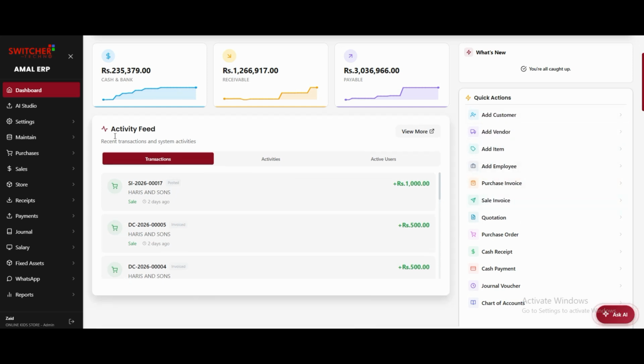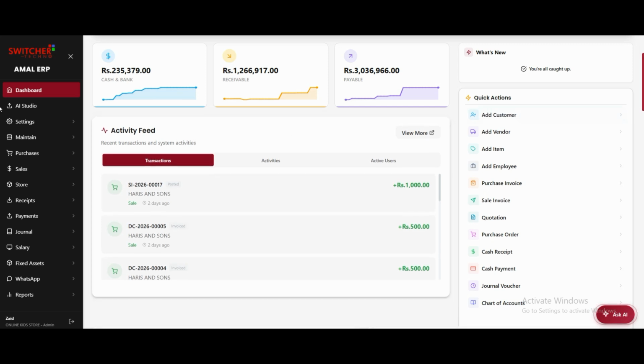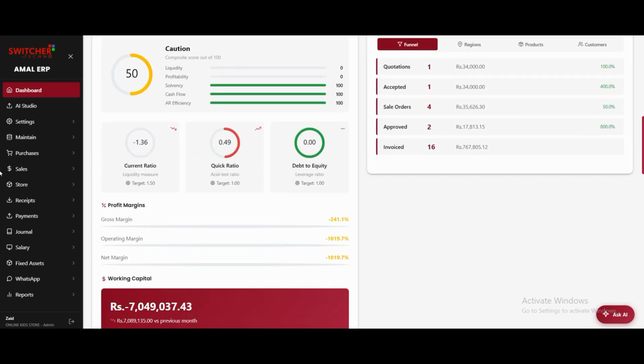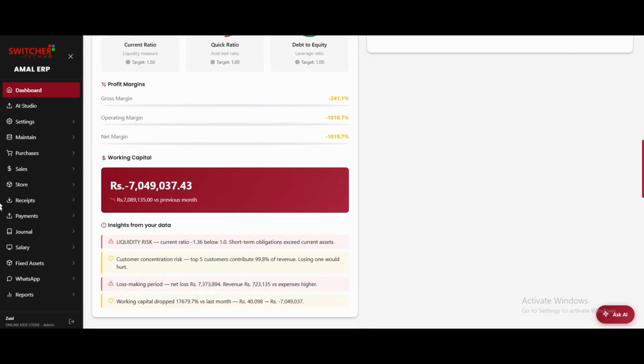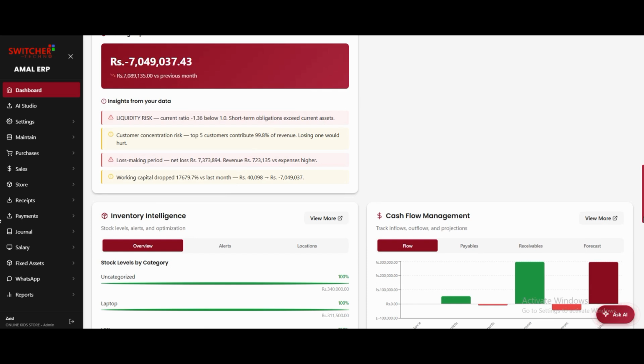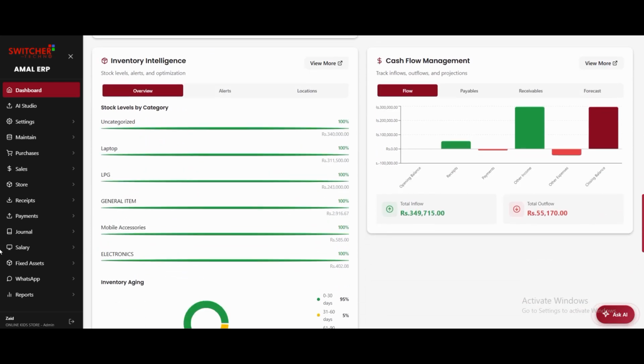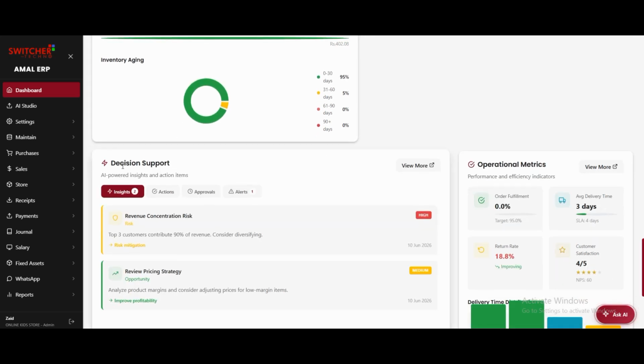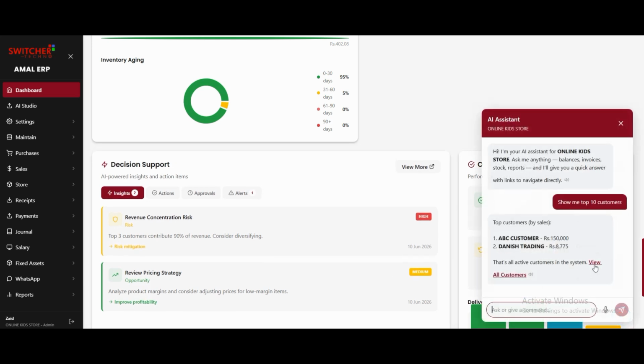Here you can see the daily activity feed, your transactions, your activity, business health, sales intelligence, your profit margins, working capital insights, as well as inventory intelligence, cash flow management. And the best thing is you can see the decision support, like AI will support you on what you have to do next in your business. You can ask the AI here. You can just ask any kind of questions regarding your business, so AI will guide you in each and everything.